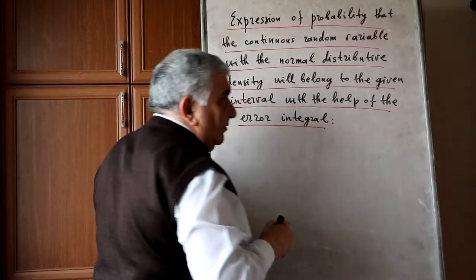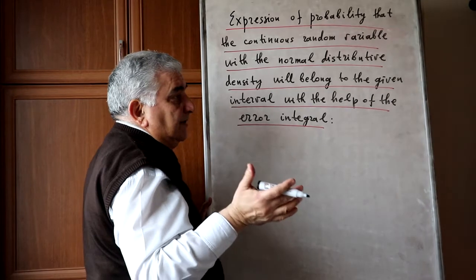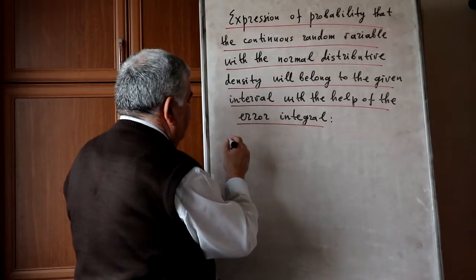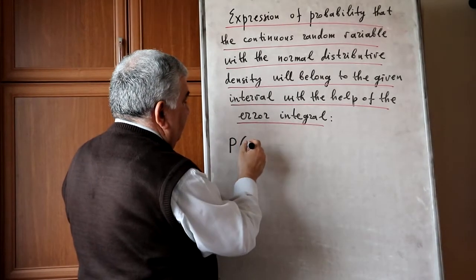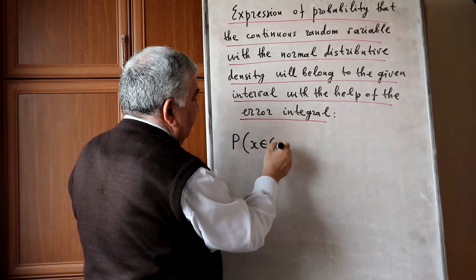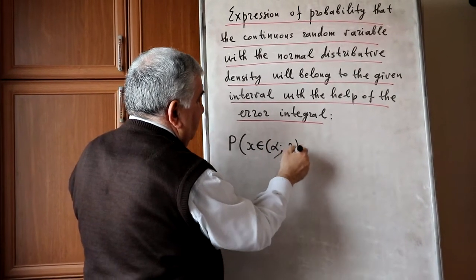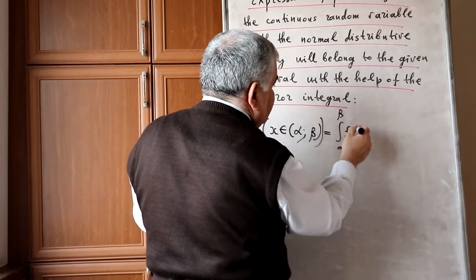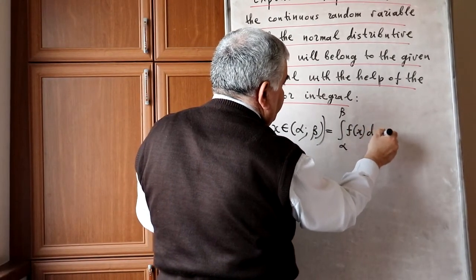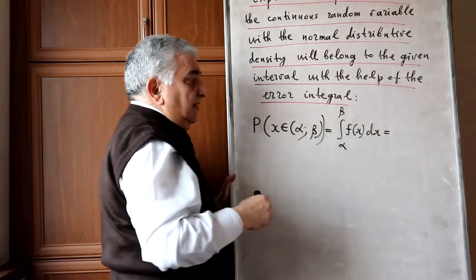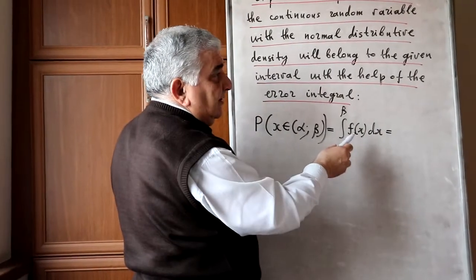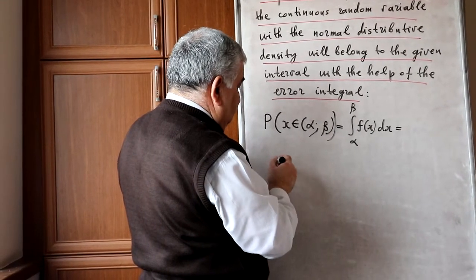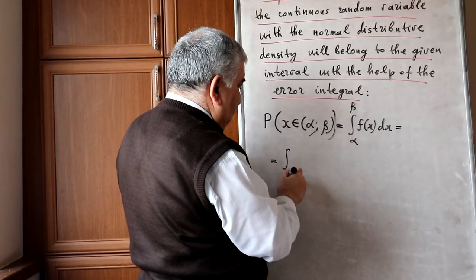Right, the formula of the probability of the continuous random variable: P of x belongs to the interval alpha beta is the integral from alpha to beta of f of x dx. Then remember f of x here is the normal distribution density, and remember this formula. Integral from alpha to beta